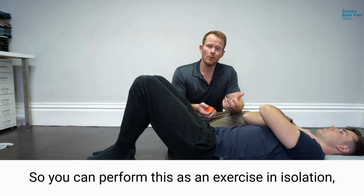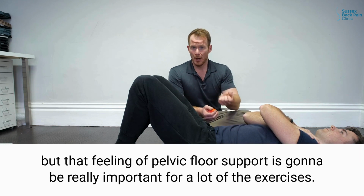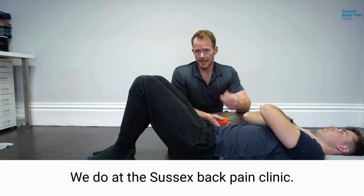So you can perform this as an exercise in isolation, but that feeling of pelvic floor support is going to be really important for a lot of the exercises we do at the Sussex Back Pain